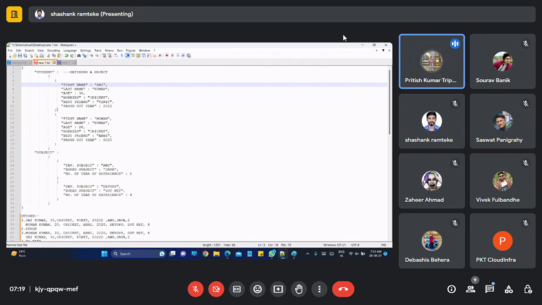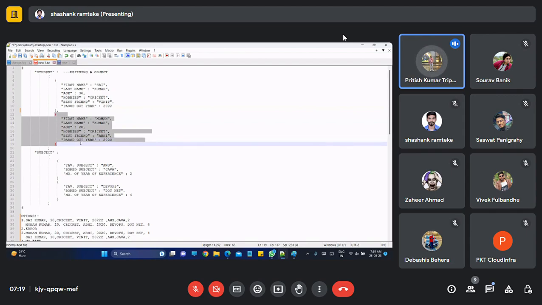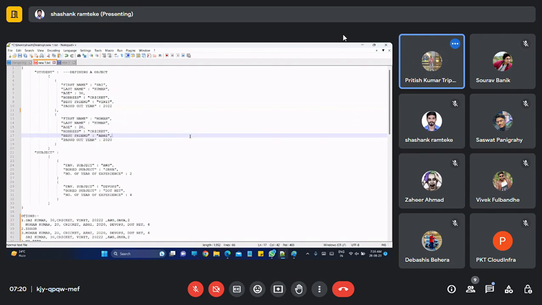Now, in the last session I have said that you have to be very specific. You have to be very specific. Like suppose here, this is the first set of array. Now I want another set of array. Then you must remember to give a comma here. Again, you have written another set of array and here you are closing. That means no need of comma.